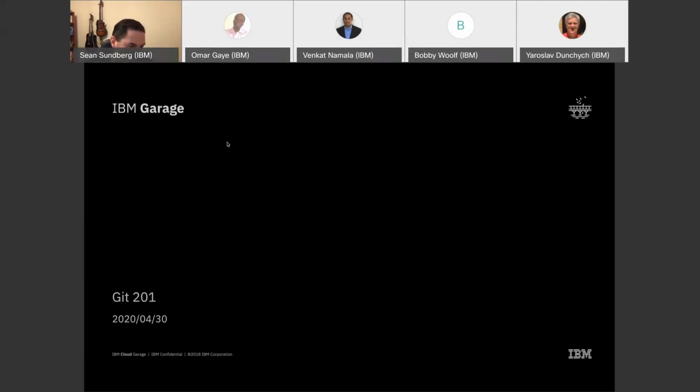Today we're talking about Git 201. So beyond just the basic Git, what are some practices for managing Git repositories? This is kind of a precursor to how to contribute to open source projects, the thing that we're going to do next week, but we decided in talking about what would go into that that there's